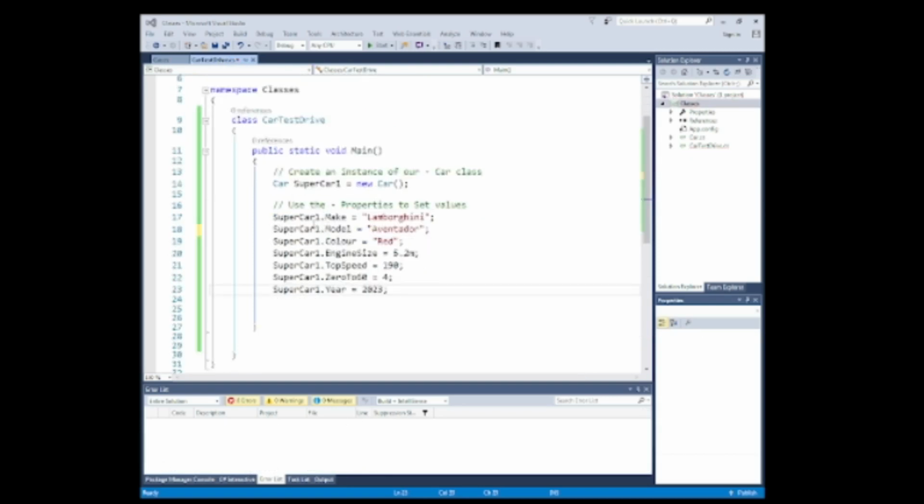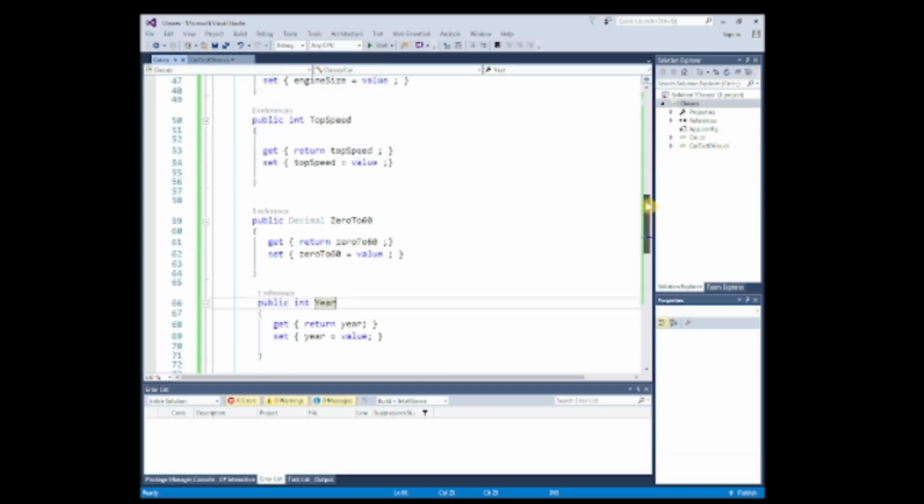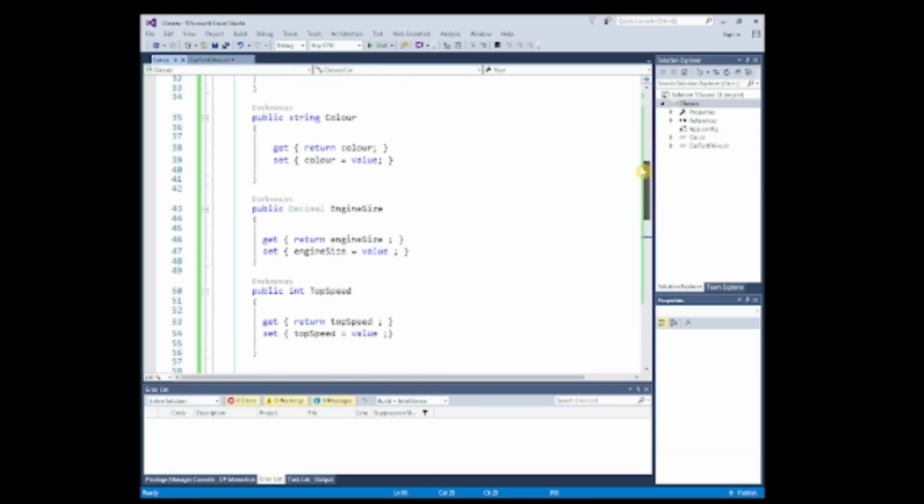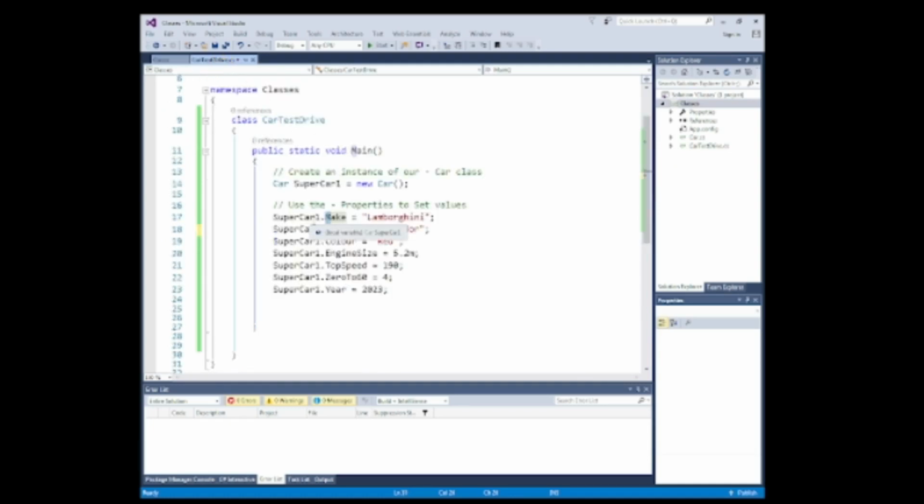So let's take a closer look at this. We're using the name of this instance to call the property .Make. We know it's a property because it's got a capital M. If we go back to our car class, all the properties start with a capital: a string Make with a capital M, and .Make with a capital M. So the make is Lamborghini, the model is Aventador, color is red,